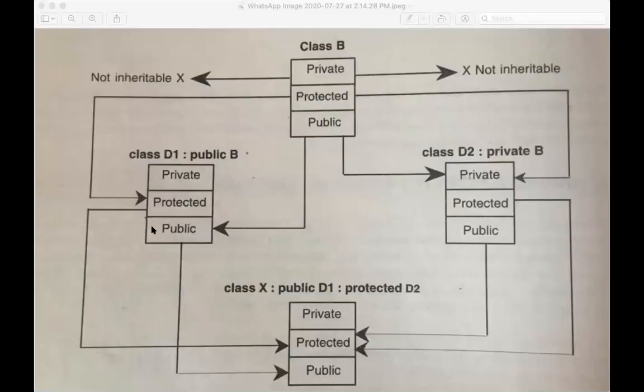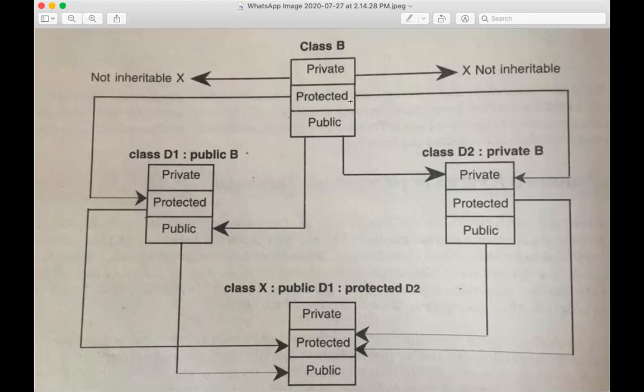The third diagram that I have shared with you is again a very important one, and this diagram is this one. Suppose class B is there. Class B has three fields: private, protected, public. So class B's private is not inherited by X. It is not inheritable.